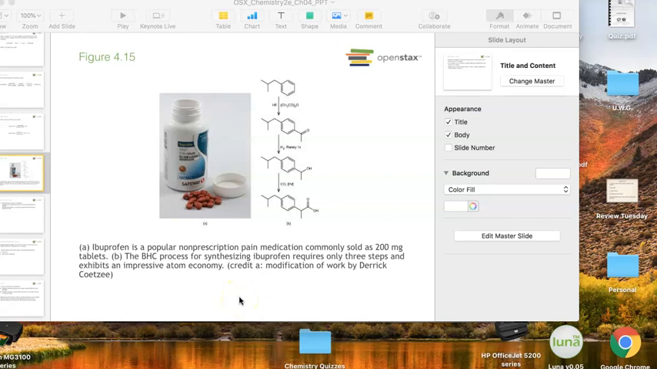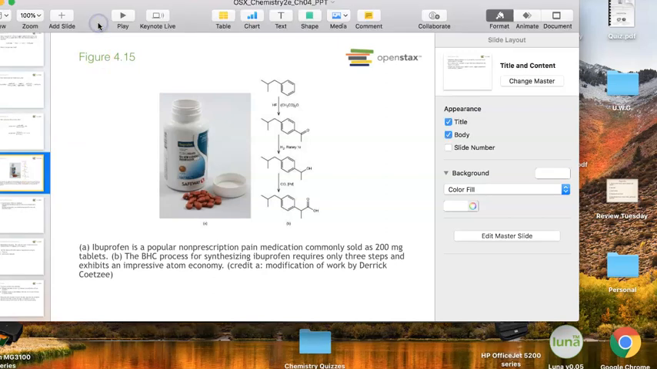Alright, so here we see a picture of a bottle of ibuprofen. Many people use ibuprofen as non-prescription pain medicine, sold over the counter, and it's used to reduce pain and synthesize ibuprofen. It shows here 3 different steps. And it says it exhibits an impressive atom economy. And so in your textbook it goes into some details about